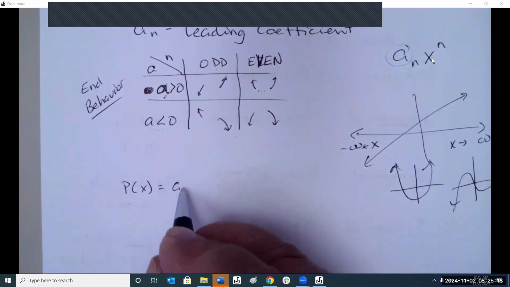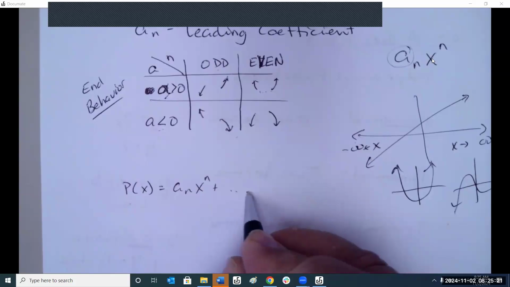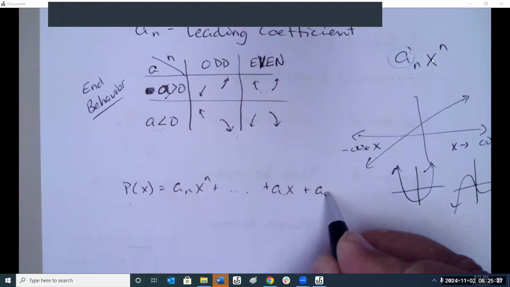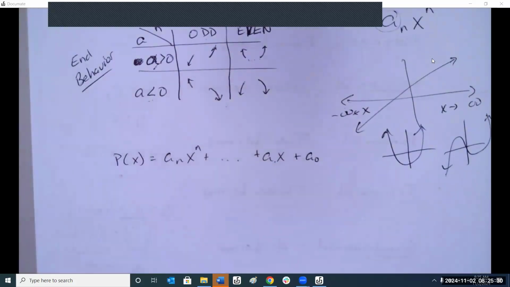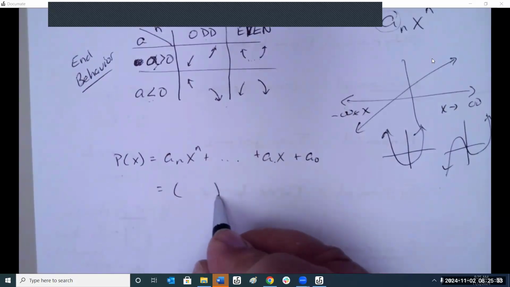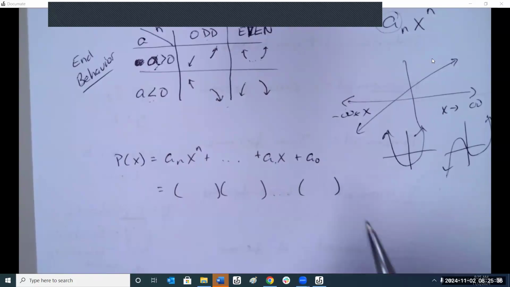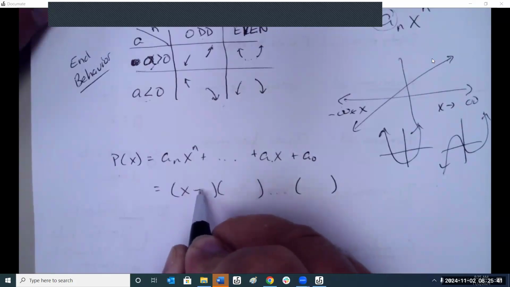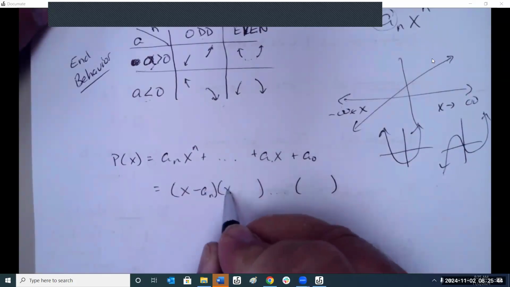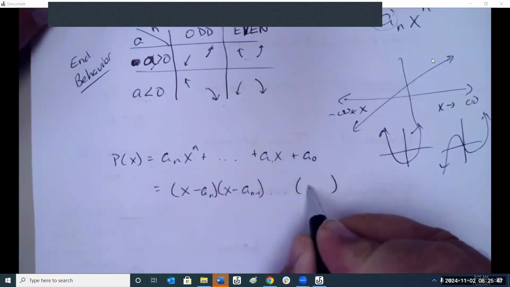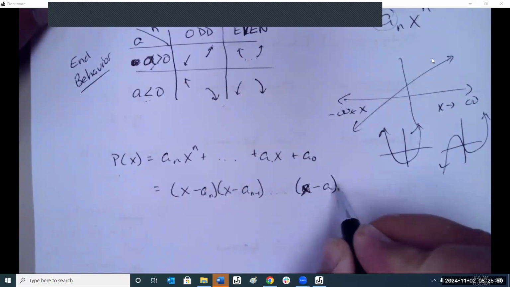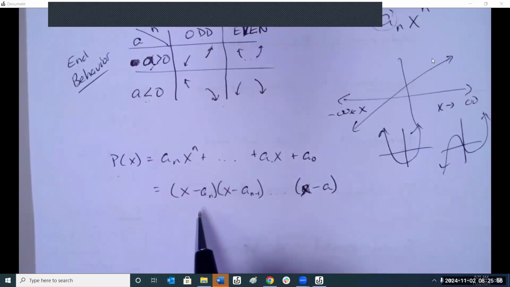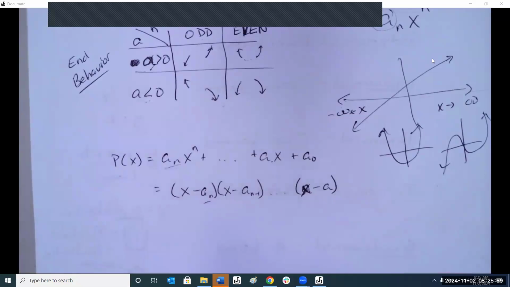Every polynomial can be broken down to the x-intercepts. We can find the x-intercepts. Okay, this a and this a are not the same. For example,